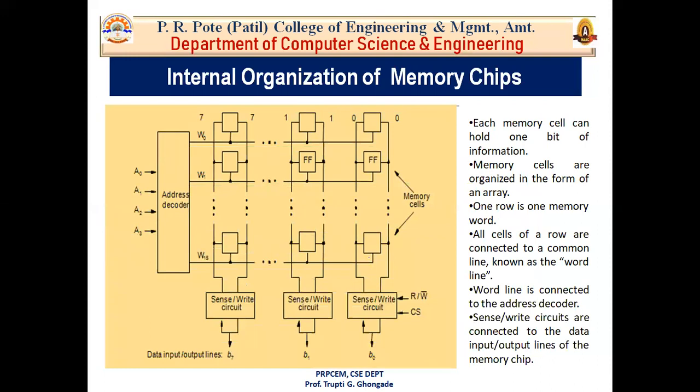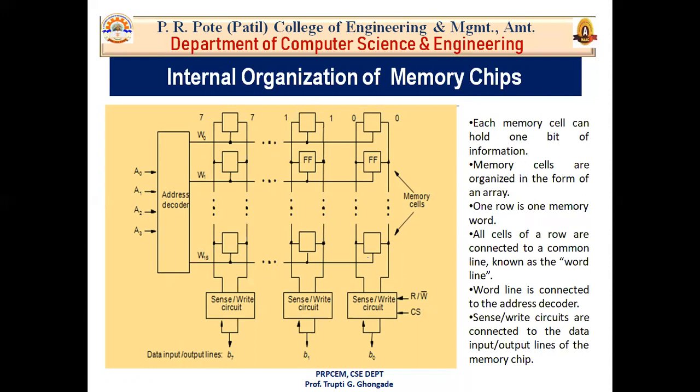As I previously discussed, semiconductor memory is broadly categorized into volatile memory and non-volatile memory. RAM comes under the category of volatile memory. So what is volatile memory? It is a memory which is capable of storing information as long as DC power is applied to it. DC power means direct current. So volatile memory is capable of holding information as long as direct current is applied to it.